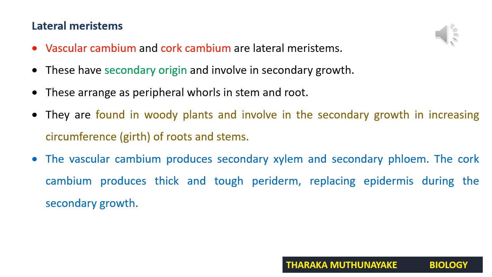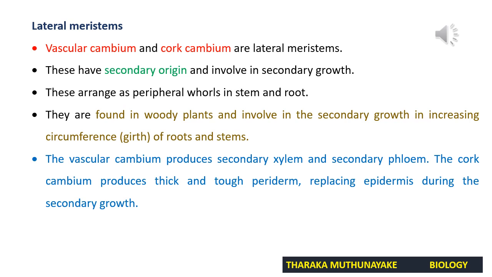We can easily understand this. Think about a jack tree or a mango tree. I think all of you have observed a jack tree or mango tree at the beginning of its growth. At the beginning of the growth of those trees, I think you have seen that the shoot elongates and the root elongates as a very thin structure. That shoot and root elongate due to the primary growth.